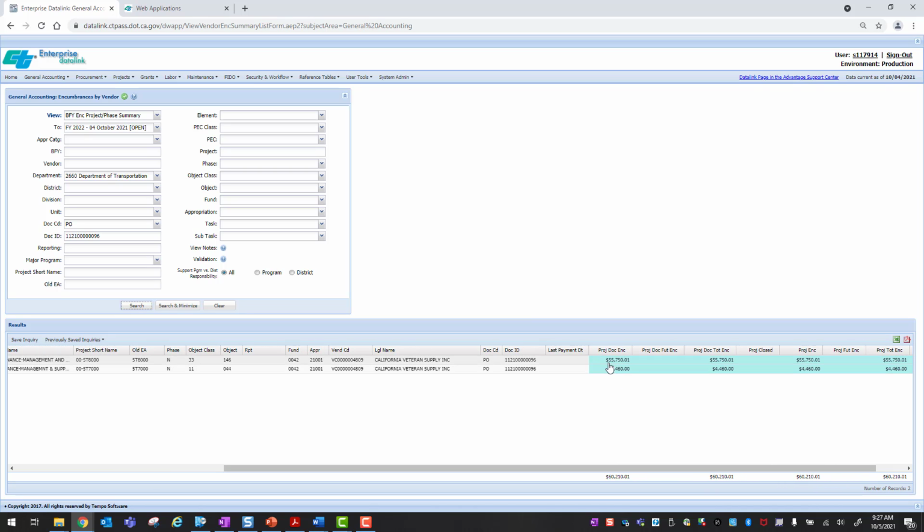And then you'll notice each accounting line is set up with the different dollar amounts, so 55.7 and 4,400 for a total purchase order of 60,210. And then as I've mentioned, there's been nothing paid. So let's use a different contract so we can see how this one looks. My contract that I use quite often,